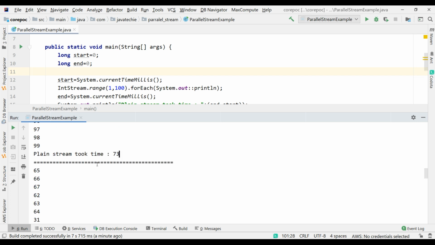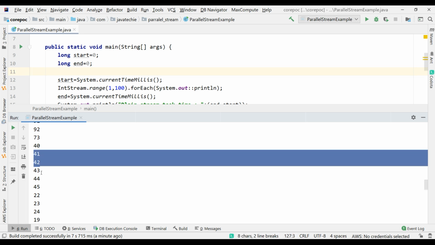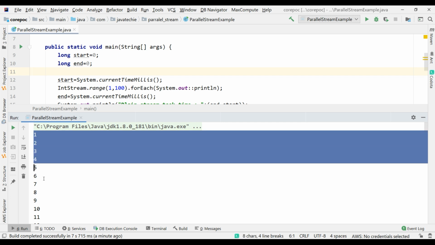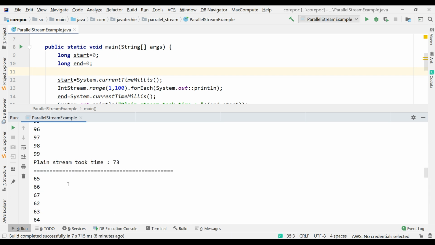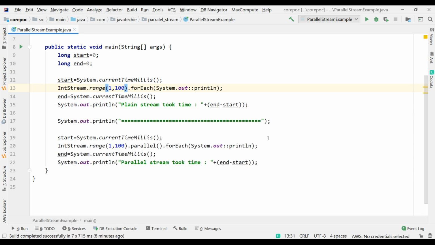And if you see the order of execution in parallel stream, it begins from 65, 67 randomly, right? 92, 41, 43. So the order of execution is not constant in parallel stream, but if you check in your plain stream, it will begin from 1 only, 1 2 3 4 as it is, right? So here what we understand, the order of execution is not constant in parallel stream, and response-wise parallel stream is better than plain stream. So you just played with hundreds of records. Once you play with millions of records, you will really find out the performance difference between plain stream and parallel stream. Now let's understand how this parallel stream will execute in multiple cores of my processor.